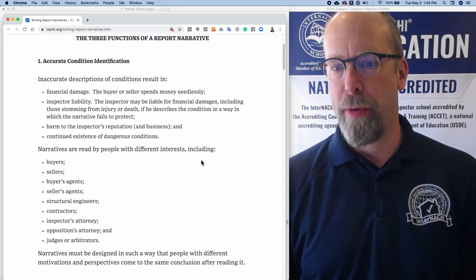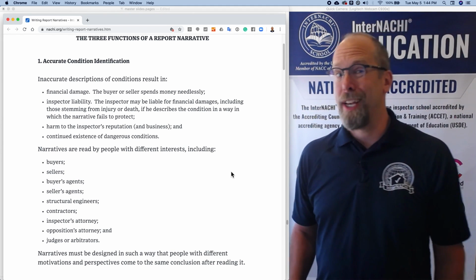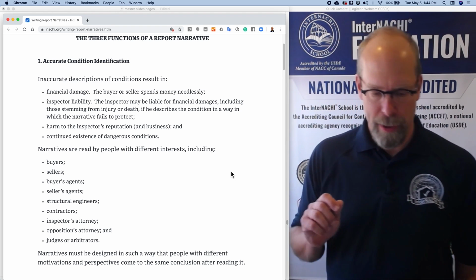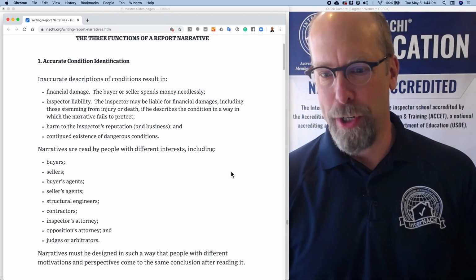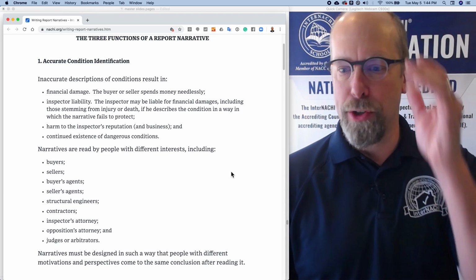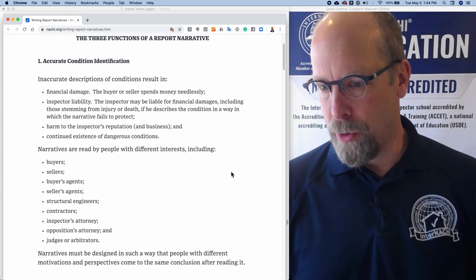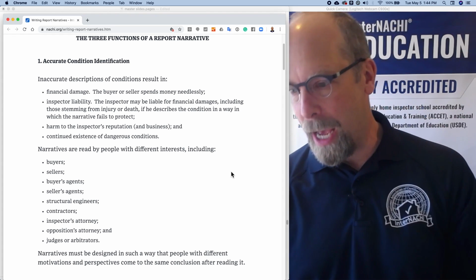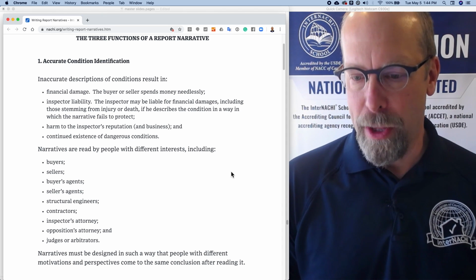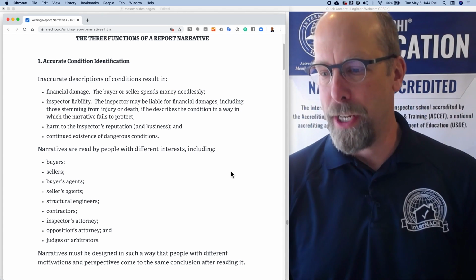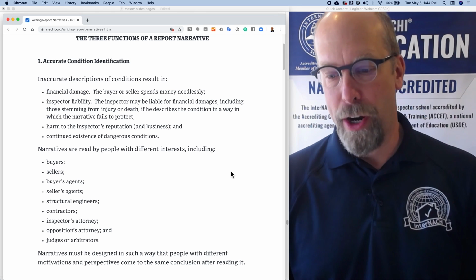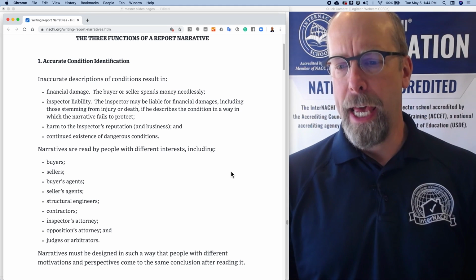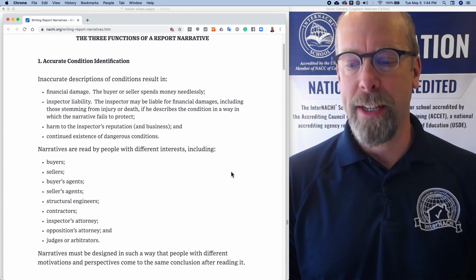One function is to provide accurate information about the condition of the property that you inspected. And there can be some results in that description. It could result in financial damage. The buyer or seller spends money needlessly. There's inspector liability. The inspector may be liable for the financial damages, including those stemming from injury or death, if she describes the condition in a way which the narrative fails to protect. It could be harm to the inspector's reputation in business,